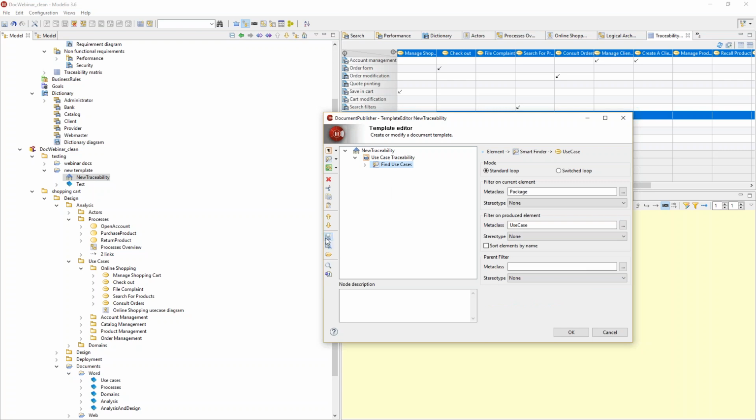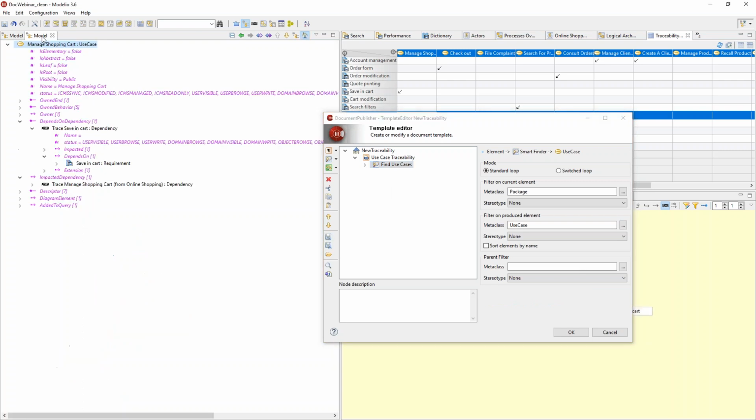Now what I need to do is go from the use case. I see that I'm currently on use case level, and for each use case I will find some trace links. I will find what the traces are through depends on dependencies, and through impacted dependency,